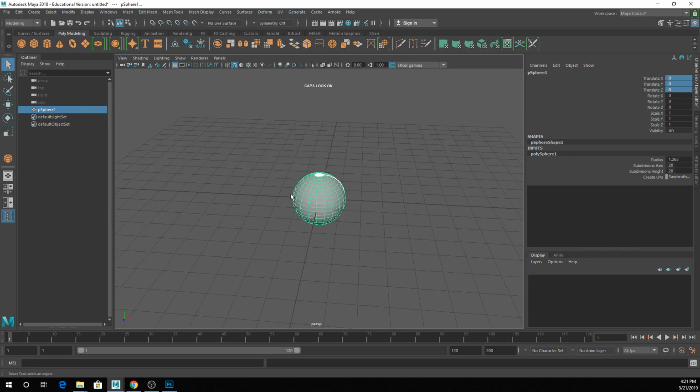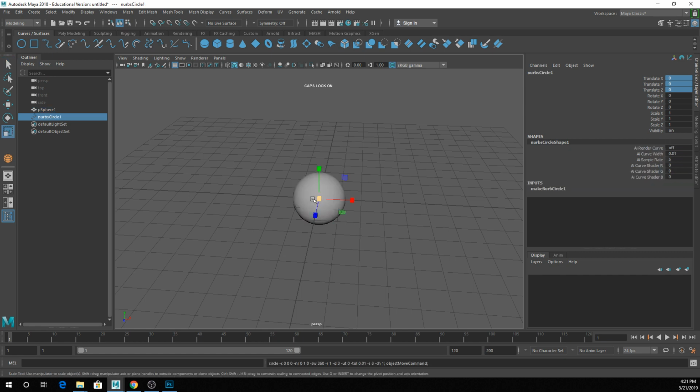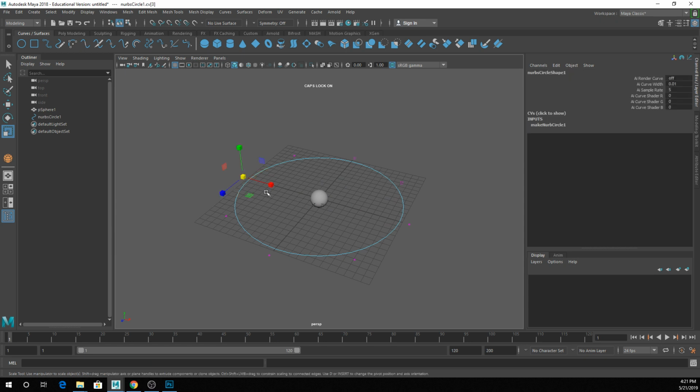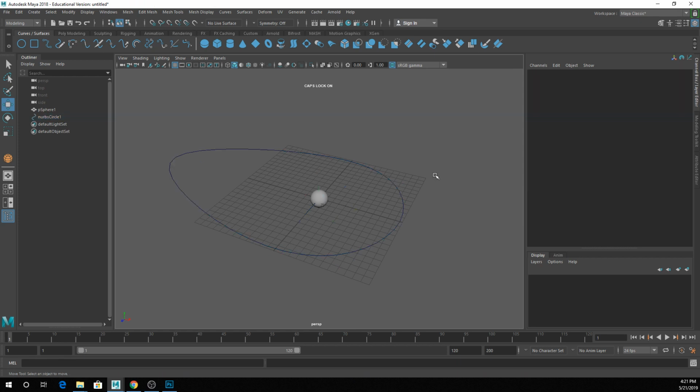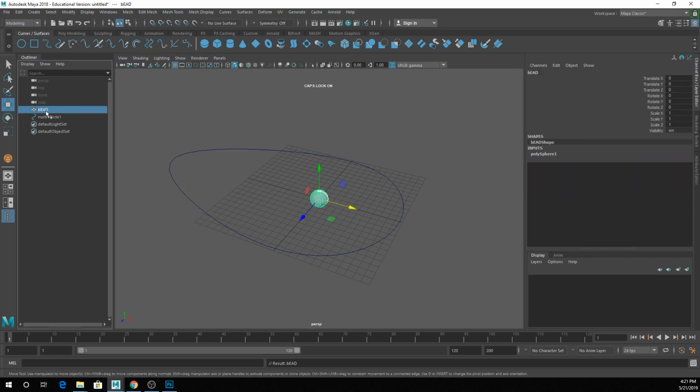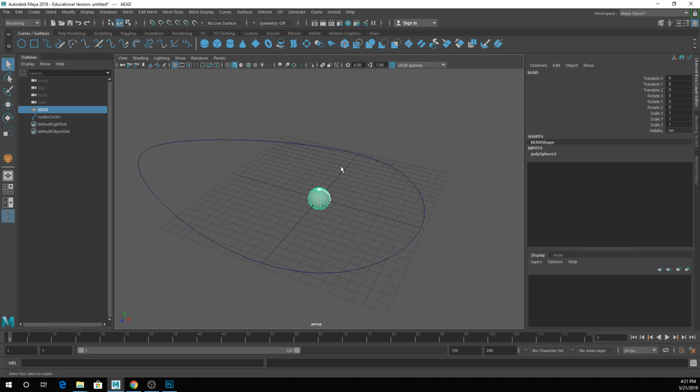So I'm going to start with a bead. It's not a pretty bead. And I'm going to start with a curve for the shape of my necklace. And just for grins, I'm going to make this vaguely more necklace shaped and just be like, great, it's a necklace. All right, caps lock. So to actually do something interesting with MASH, you want to basically select, in this case, the